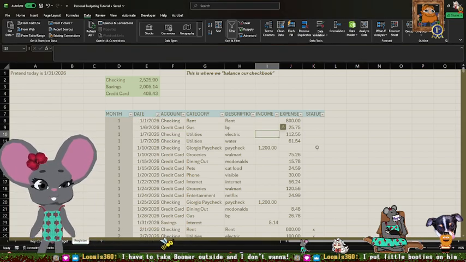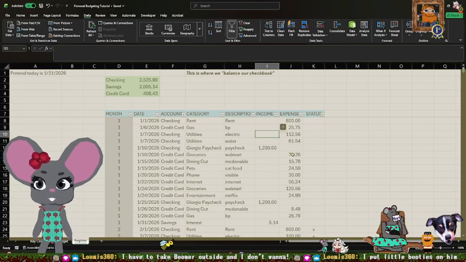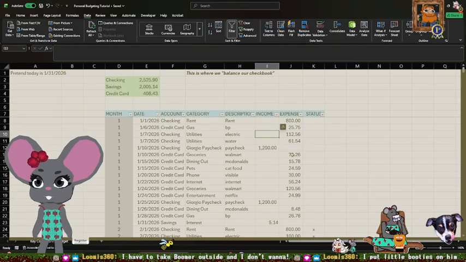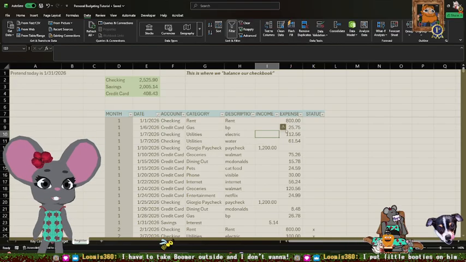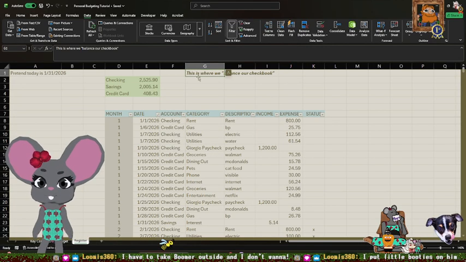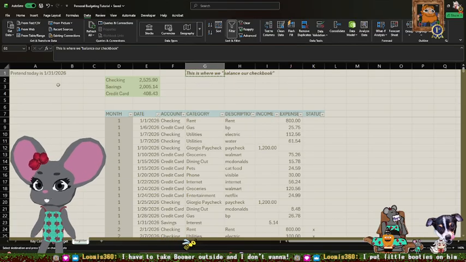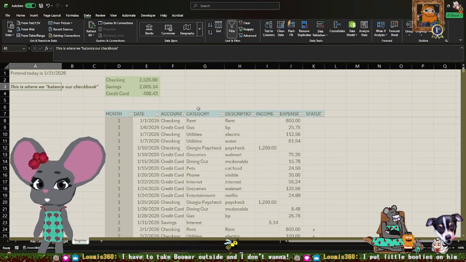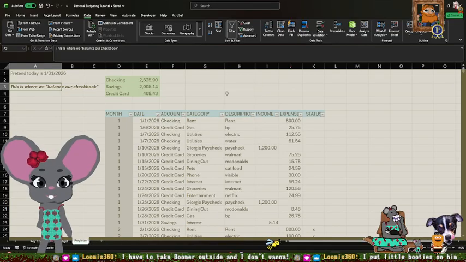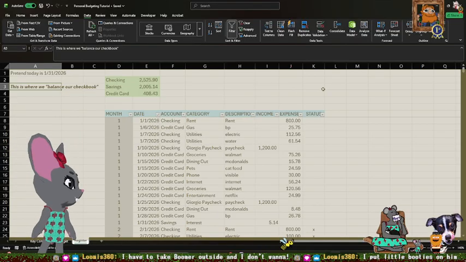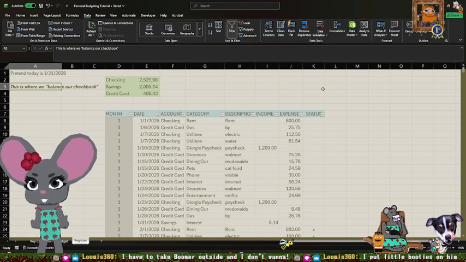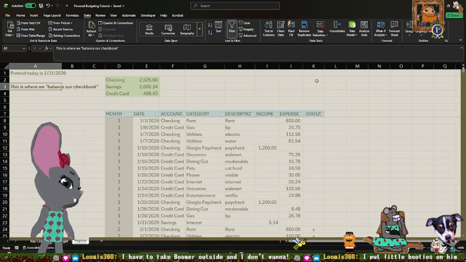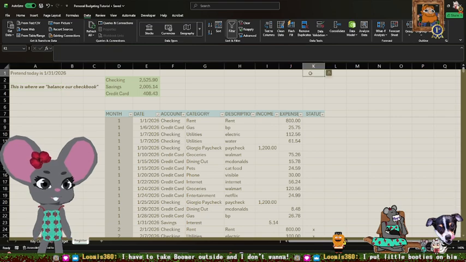Because we don't want to put too much into savings and then overdraft our account because we have upcoming bills that we're expecting to come out. So we want to keep track of that. I'm going to move this over here. We're going to put in a little calculator to determine how much we can save or how much we need to extract from savings to pay our bills. And I'm going to do that over here.